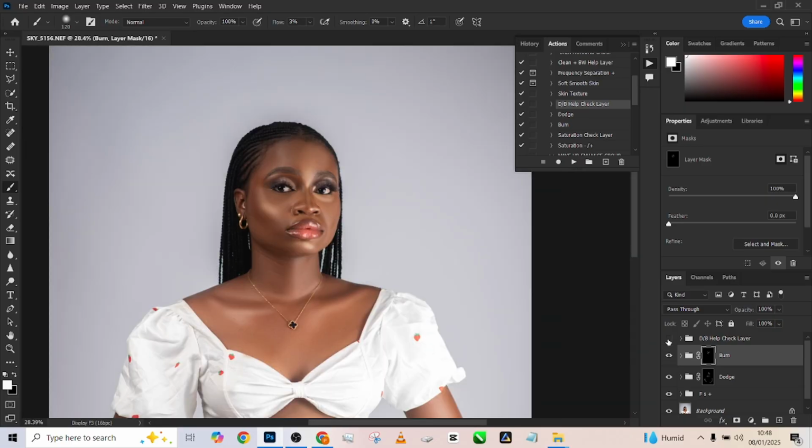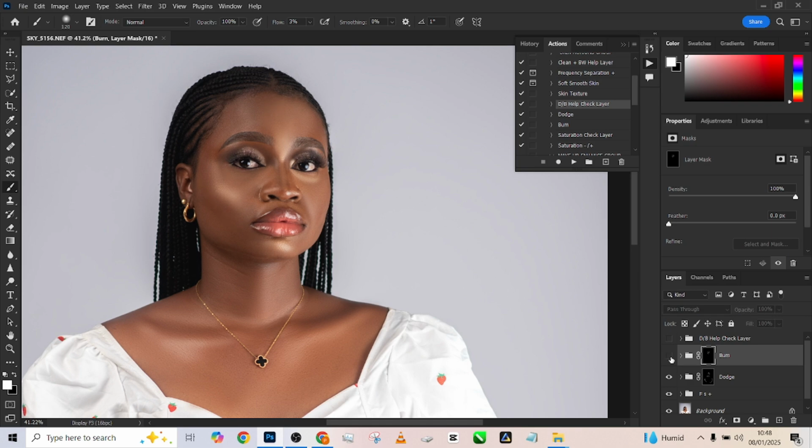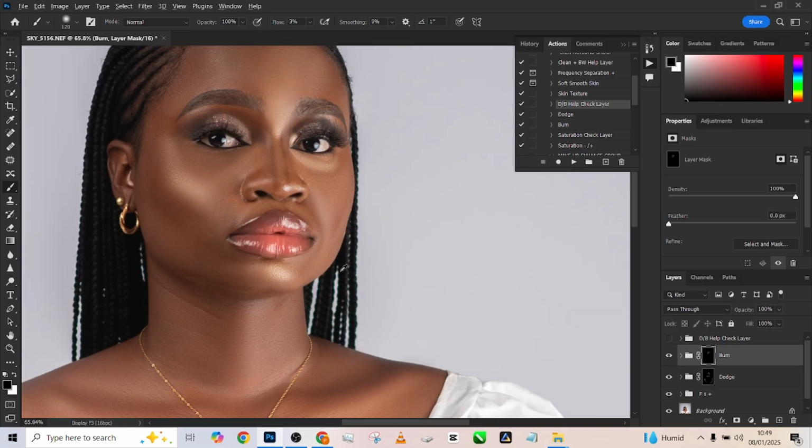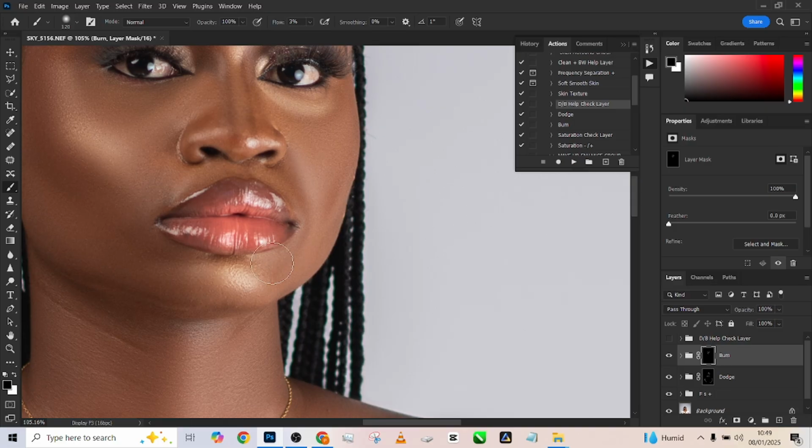So let's quickly check out what we've done. So this is the before, this is the after. So you notice that our image is getting even more stronger, except for here, I don't like the shape of that bone. So we'll just have to take it away from here. Just this particular area. It's making it look unrealistic. So we'll just take it out. Take it back to 3. And we'll